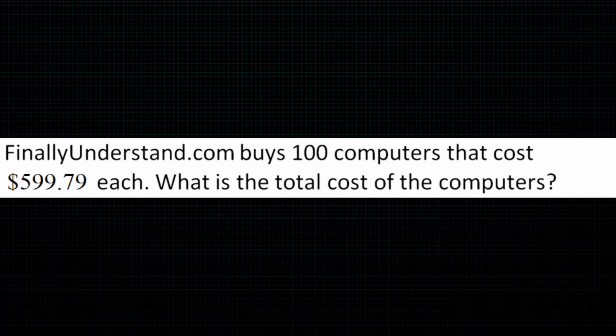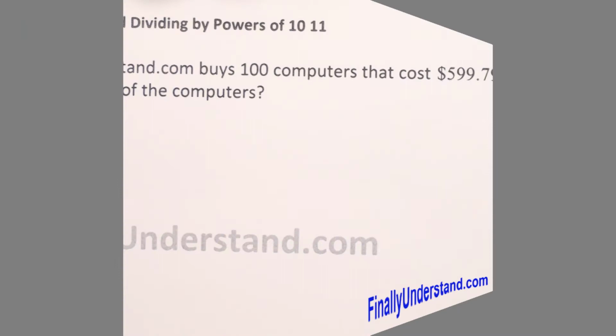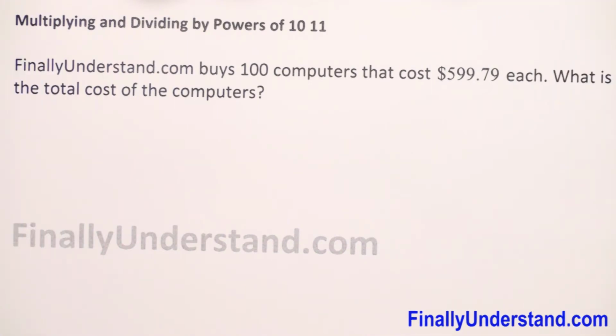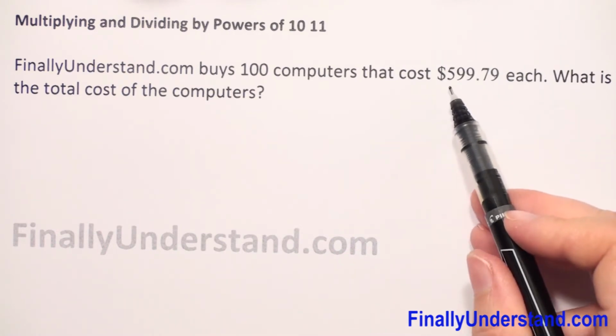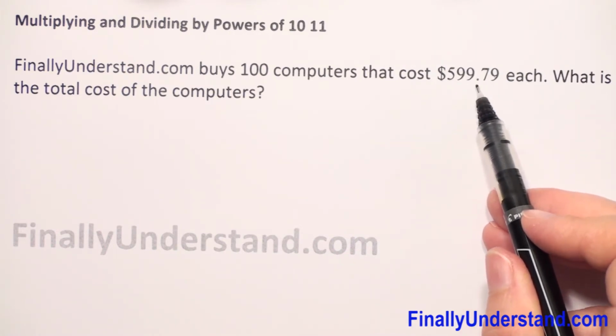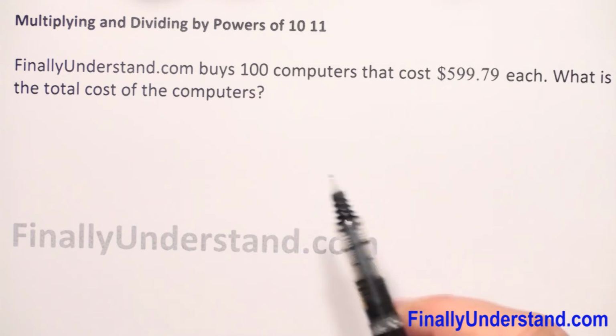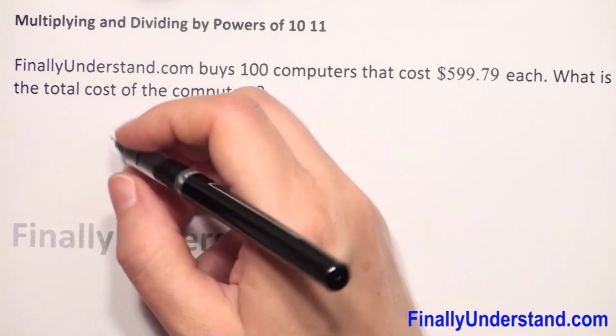Finally, understand that Com buys 100 computers that cost $599.79 each. What is the total cost of computers? How we calculate this, the total cost? We need to multiply, because one computer costs $599.79, so we need to multiply